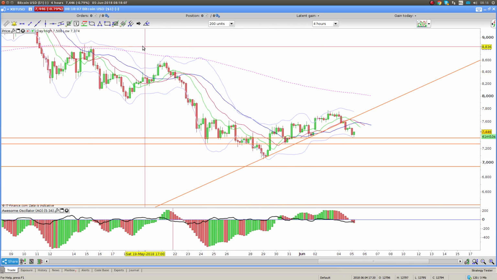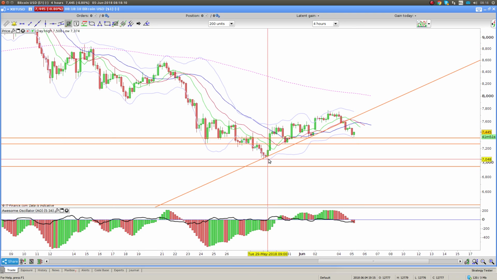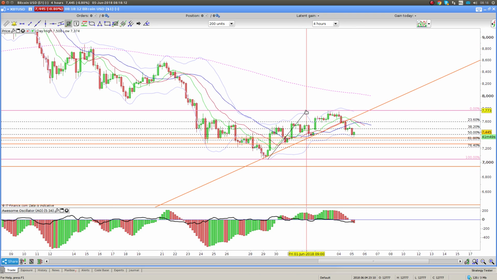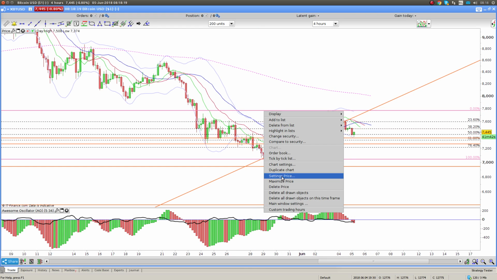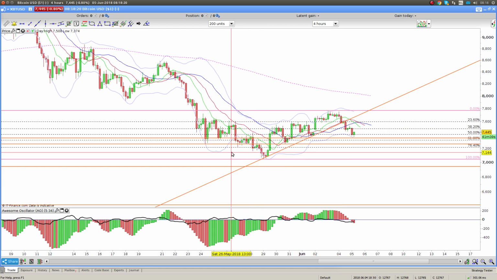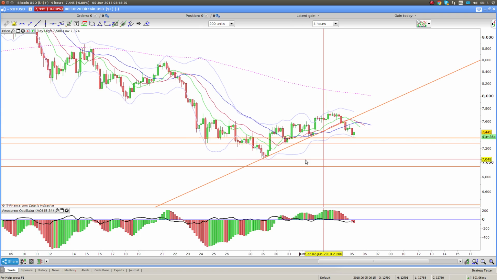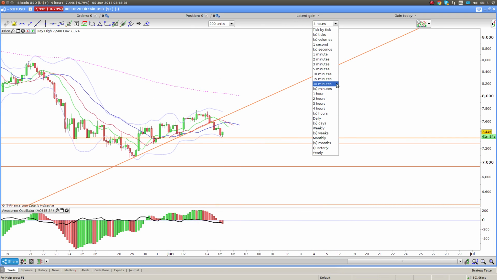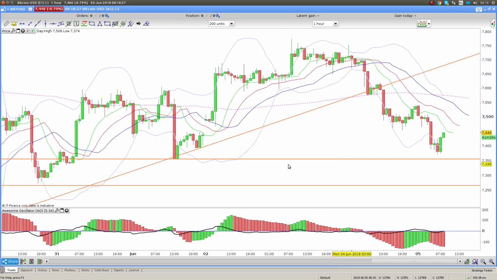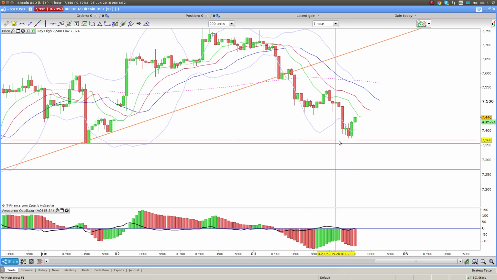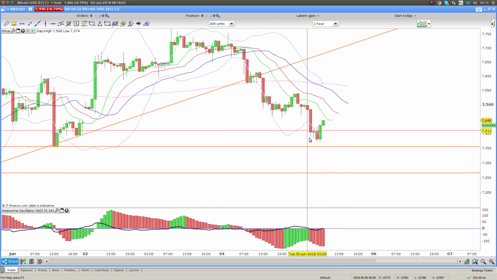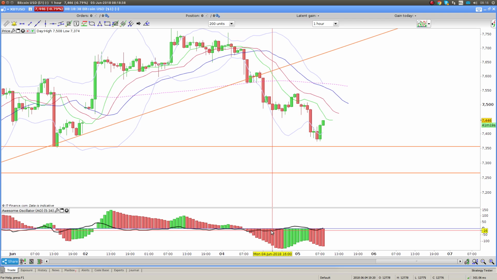Okay, so one of the best ways of doing this right now is just put a Fibonacci on here to see where we are. We're at the 50% retracement of this up move. Okay, so just delete that. So what we're looking for here is, let's get to the hour. We're looking for a reason to get in long, and at this stage we've had the first signal that's been fired. Okay, and what I mean by that,